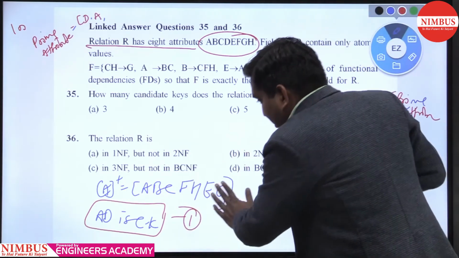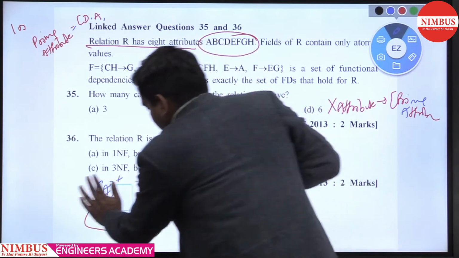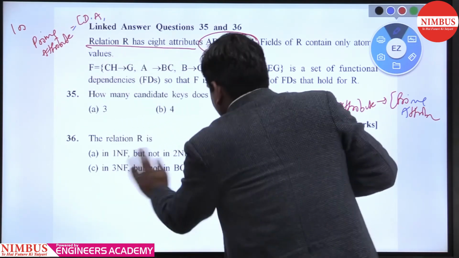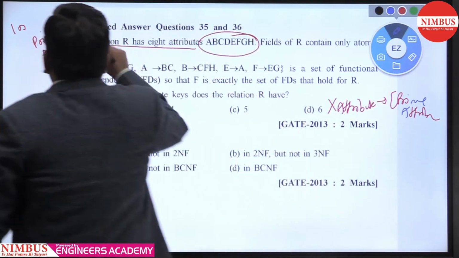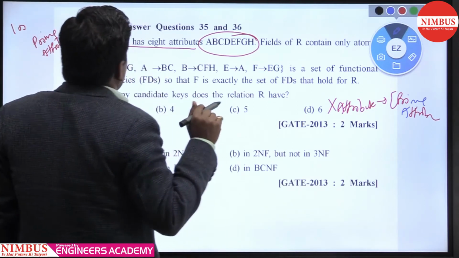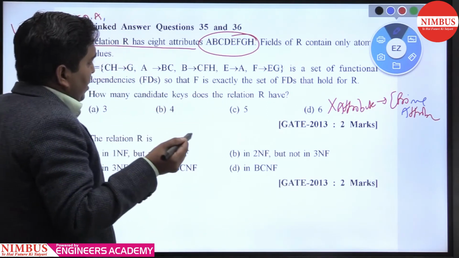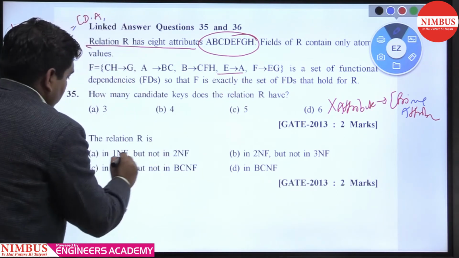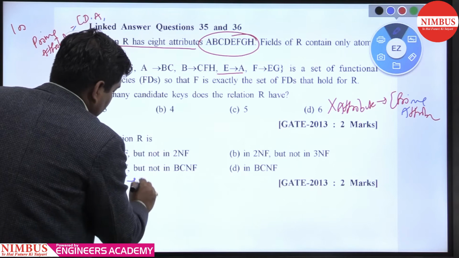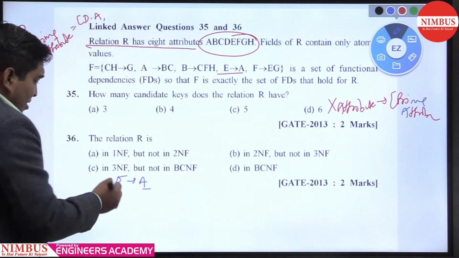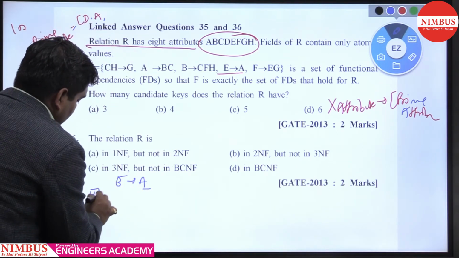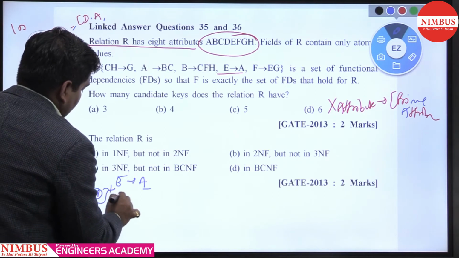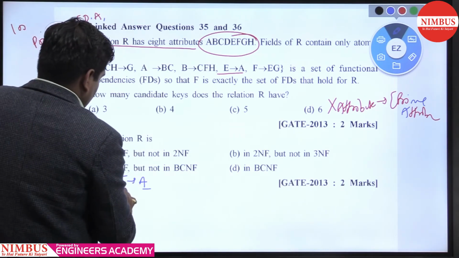I am erasing this here so that we can learn how to find multiple candidate keys further. So we write here that the prime attributes are D and A. Now we will check whether A is determined by anyone. Yes, E tends to A, meaning you can replace A with the help of E. Now the next candidate key is ED. Getting my point? ED is my candidate key.